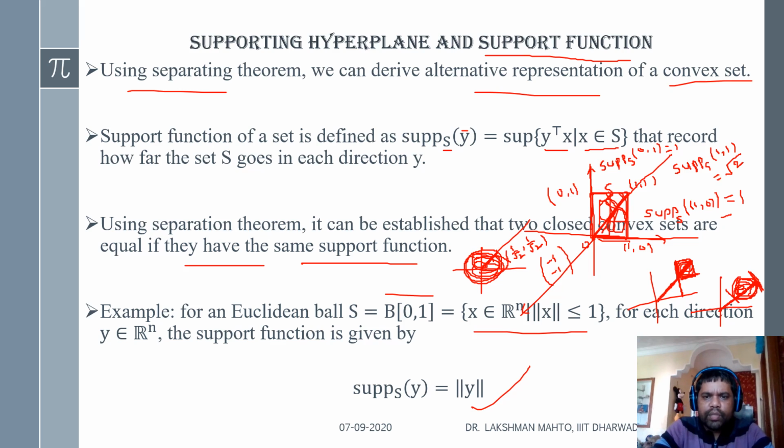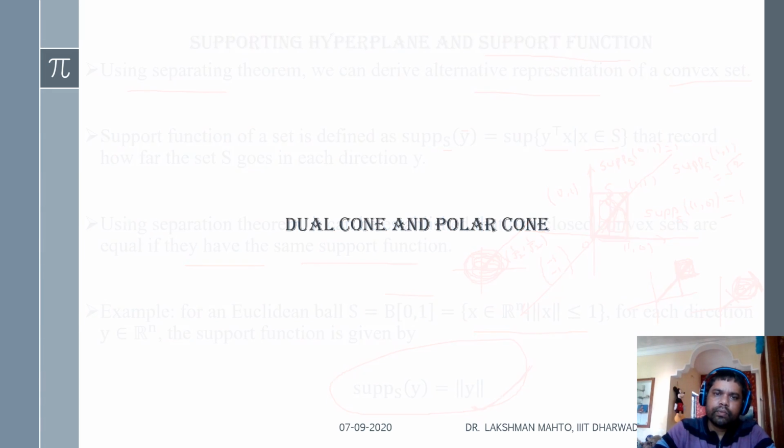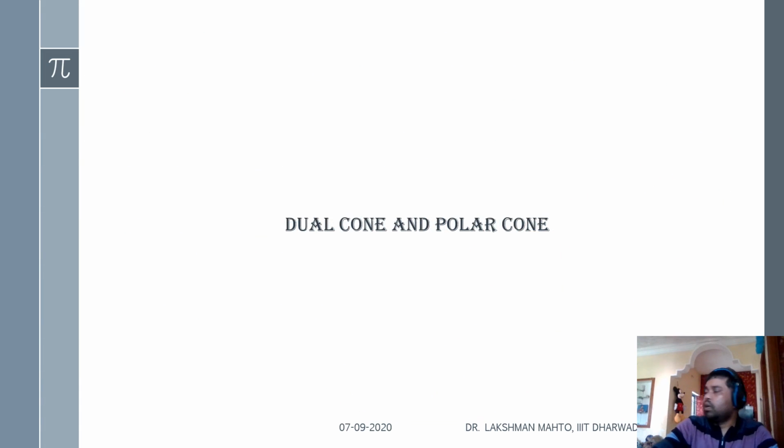Easily you can find the length of this vector in the particular direction, and that would give the support. So what would the support in this direction be? It would be 1. Easily for this point you can find it would be 1. If you take the vector direction, the vector up to this point, this would be the support. Likewise, you can find the support of a given set with respect to any direction vector. In this case, it is directly coming as the norm of the direction.